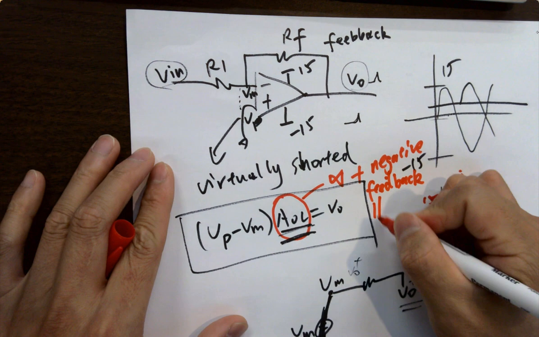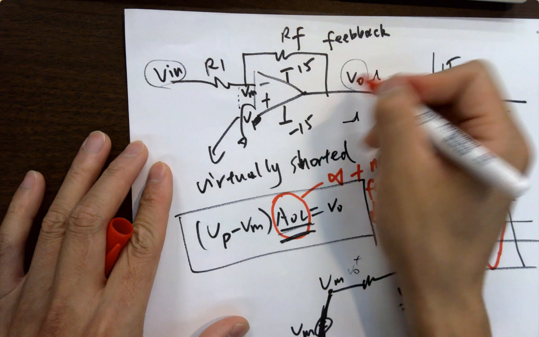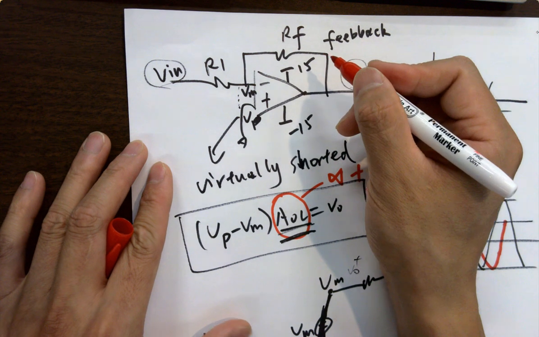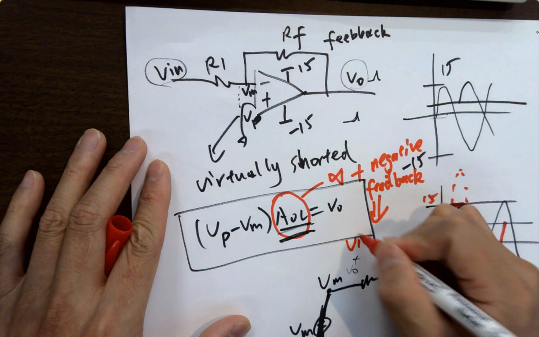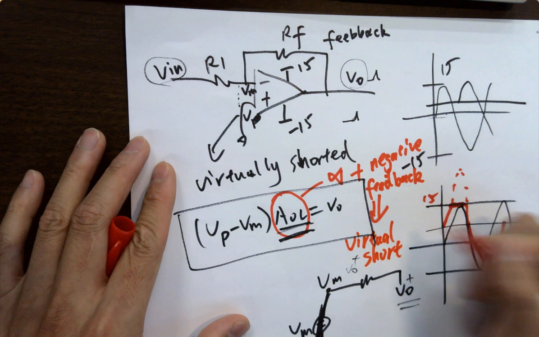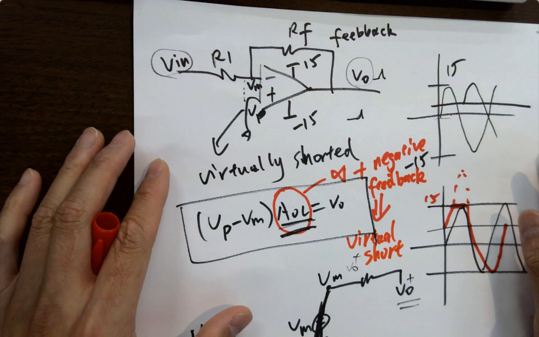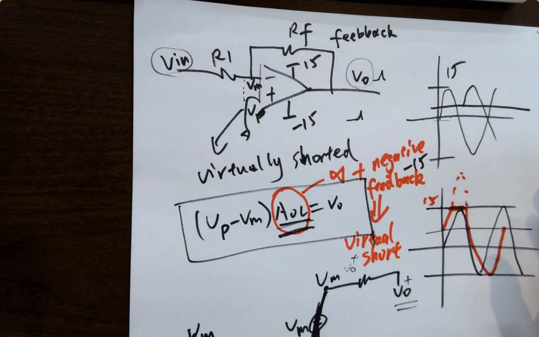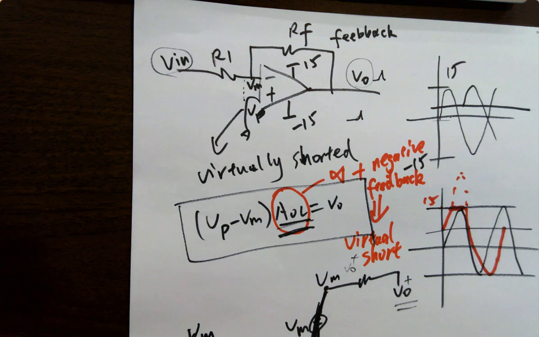Then the feature of this inverting configuration will give you a virtual short circuit. What does that mean? These are equal. That's called a virtual short. They are not physically shorted. They are virtually shorted. So the conclusion here is,